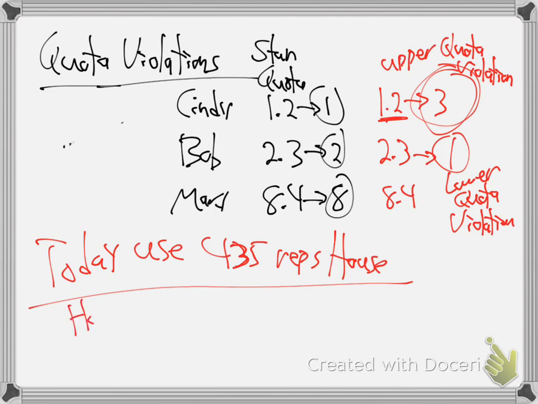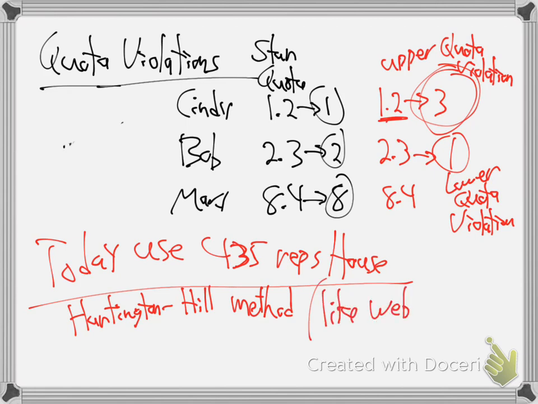And we use the Huntington Hill method. So we actually don't use any of these, Adams or Webster's. It's a similar version to Webster's with a couple of small fixes. That's what we ended up using. It's the law now that they will use the Huntington Hill method to apportion the House of Representatives. People care a lot about all this because it matters for vote counts.